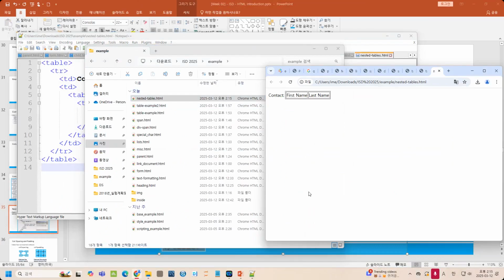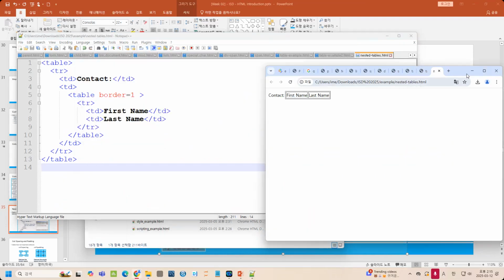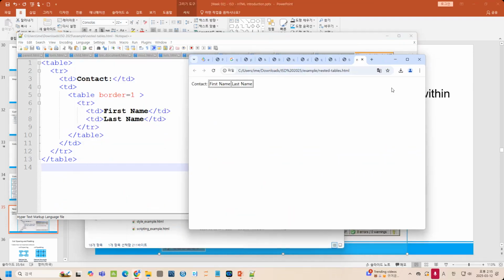Okay, so this is a nested table. Maybe it is not clear about how the nested table works, but if you see from the code,